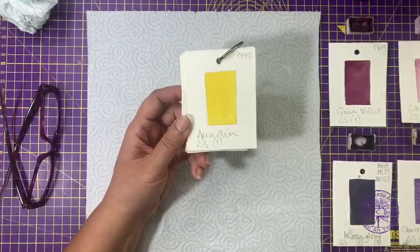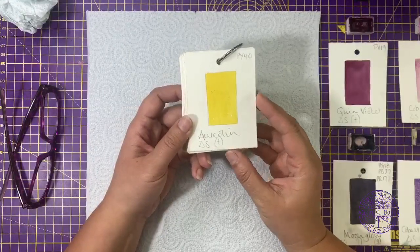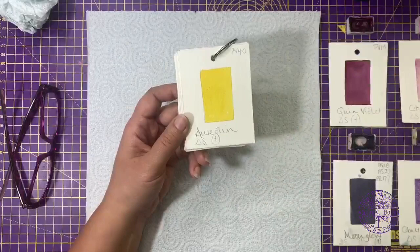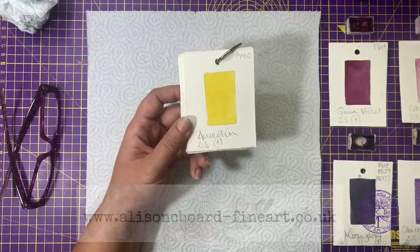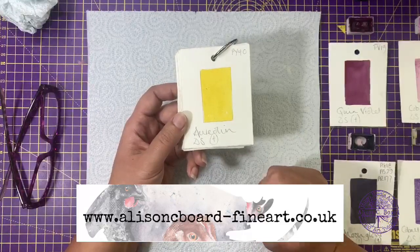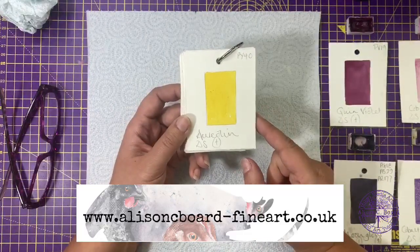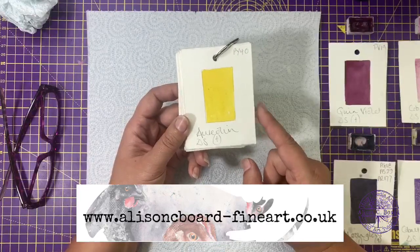And what does that mean? So I have started, it's going to be a long process, to scan these into my website. And what is my website? Here it comes. It's alisonseaboard-fineart.co.uk. And if you go to the menu and you go to the section which is called resources, you will